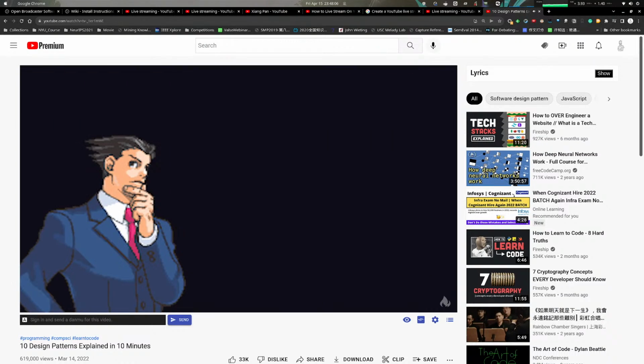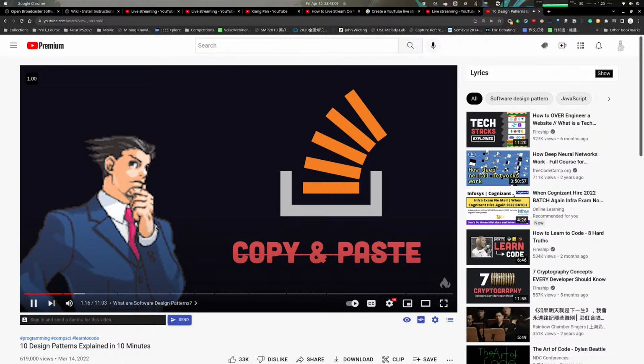Design patterns are really interesting because they're not just like algorithms that you can copy and paste from Stack Overflow. You actually need